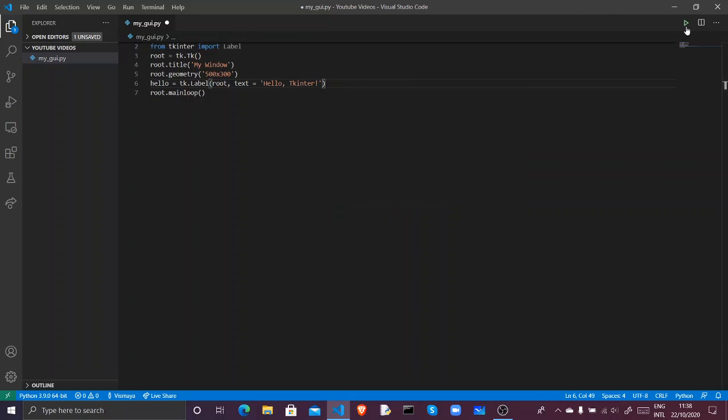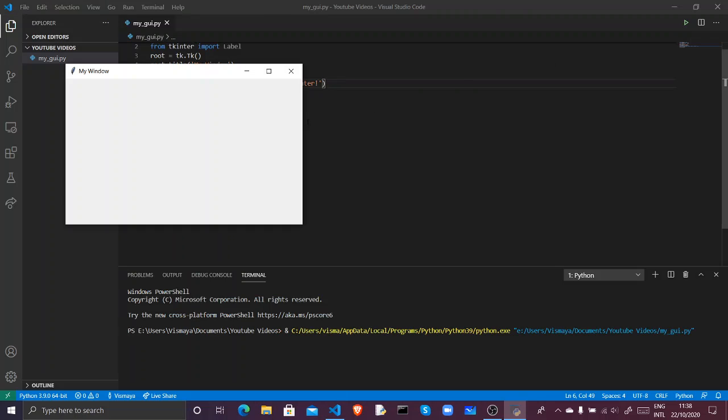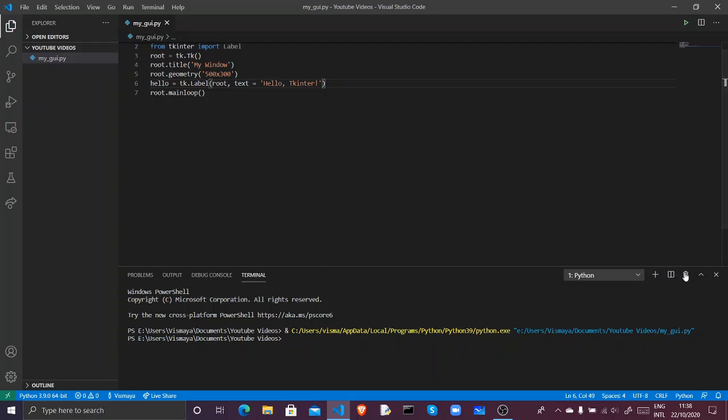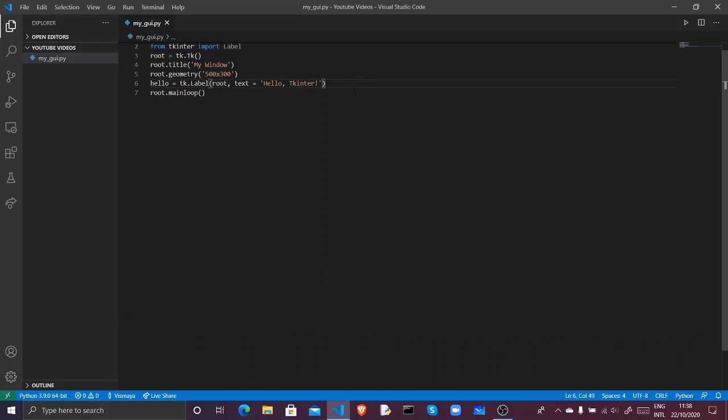Let's try and run this. We still haven't got our widget. It's because we haven't main looped it, or in the case of widgets, packed it. We have to add these to the window. We've just created them. We haven't added them to the window yet. So we can show them in the window with pack